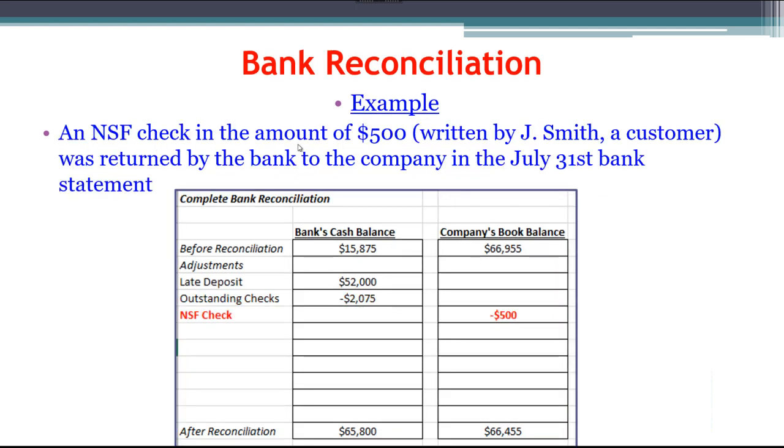An NSF check in the amount of $500 was written by a customer, and it was returned by the bank to us. So it's already been taken out of the cash balance, or it was never put in there to begin with, I should say. So the bank's cash balance is correct for this issue, but our books are not. We need to pull this $500 back out because it's not a valid actual cash payment. So we subtract it out,